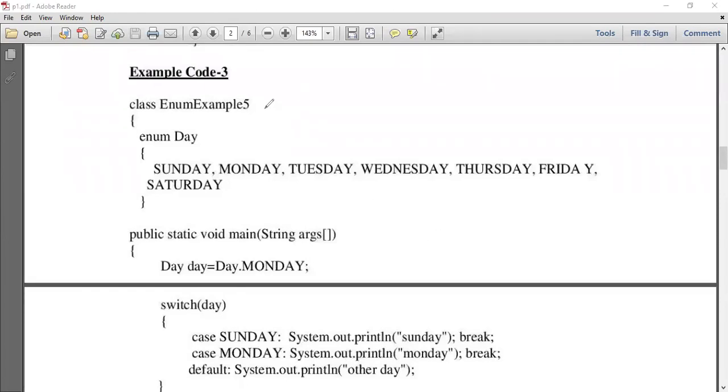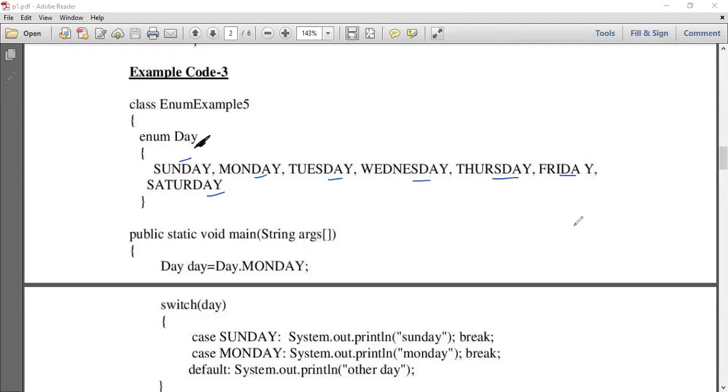The enumerator Day is an enumerator which contains the 7 constant values, that is Sunday, Monday, Tuesday, Wednesday, Thursday, Friday and Saturday.